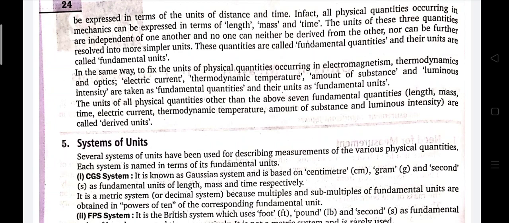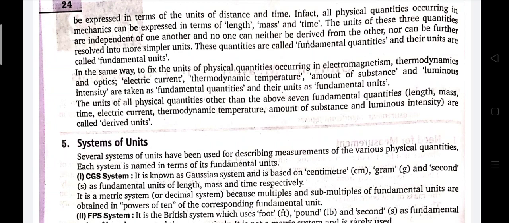Like for example, speed. Speed is distance upon time. So distance is length, time is second. So it is meter per second. So that is a derived unit. Or force, mass into acceleration, kilogram meter per second square. That is derived unit. Now, since we have talked about units